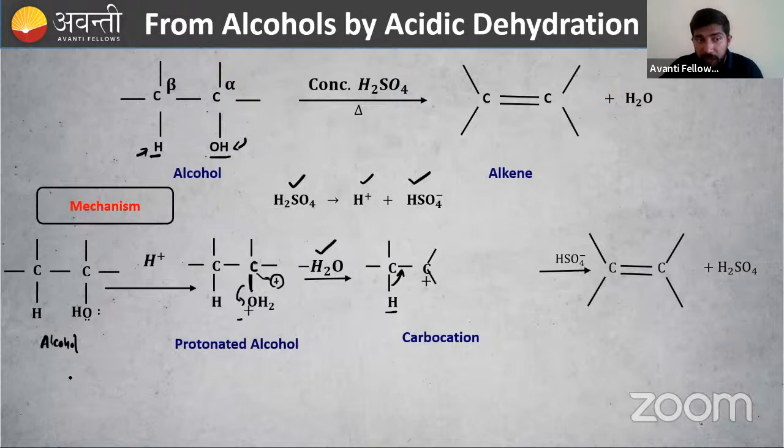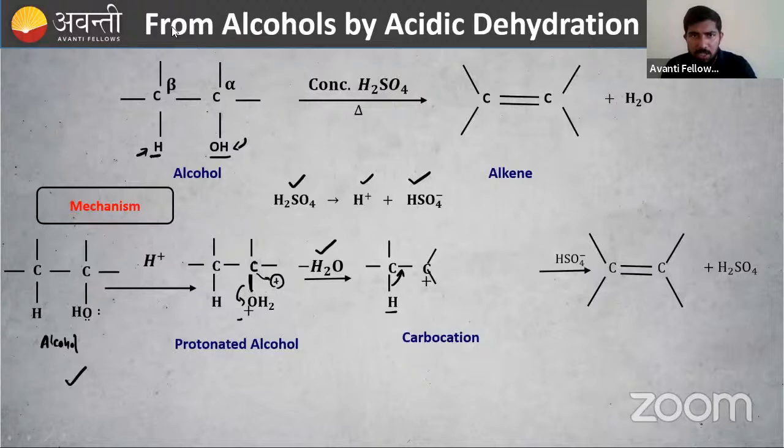So what about the mechanism? This is a mechanism, alcohol. It is getting converted into protonated alcohol. Then after that, carbocation is formed. If carbocation is formed, right? If primary carbocation is formed, in that system, there is some possibility for rearrangement. Then system will do the rearrangement. So what is rearrangement? That is primary to secondary. Secondary is more stable, or you can go to tertiary. It depends upon the condition. If it is possible, then system will do it. Why? It will get more stability. Tertiary carbocation is more stable in nature. So this is a mechanism for that one.